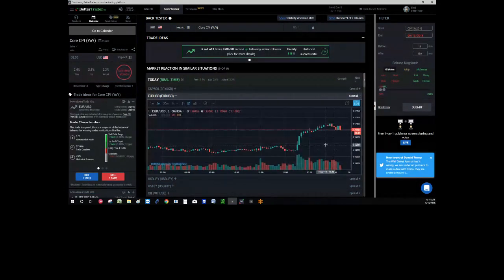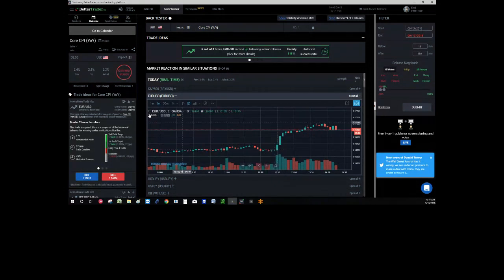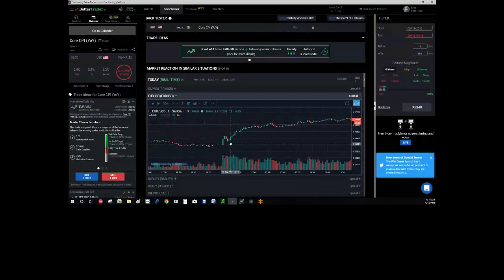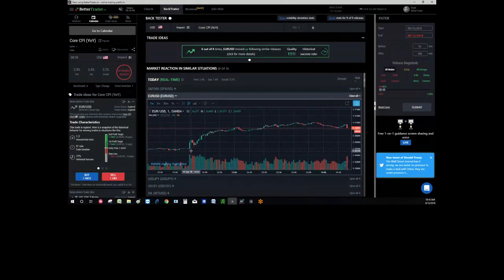And this is the movement, by the way, today. This is the release. Let's put it at 1 minute so you can see that you really can act on it. This is the release. The entry price here is about here, 1633. So here is the entry price that the system indicated, and the profit target is somewhere here.